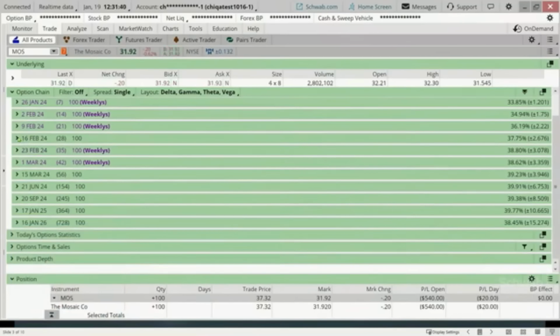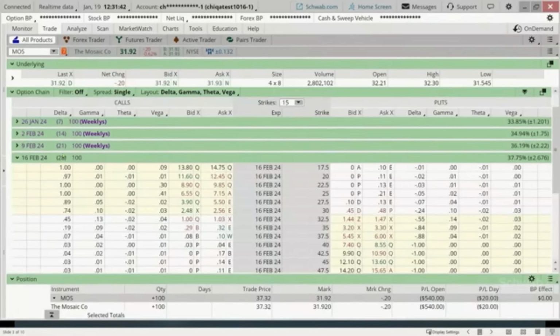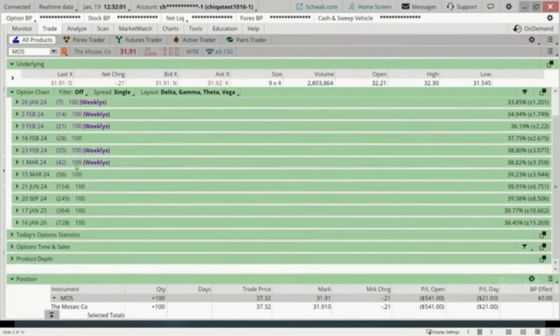I initially looked at the 28-day till expiration strike, the February 16th, which is about a month, which is usually about where many traders will target this. But when I looked at the deltas, there was nothing in that 30 to 35 delta range there. So I went out just a little bit further. I'm still kind of in the ballpark of the month that often in this class we look for. That's how I came up with that 2/23 expiration date. Okay, good question. Thank you for asking that.